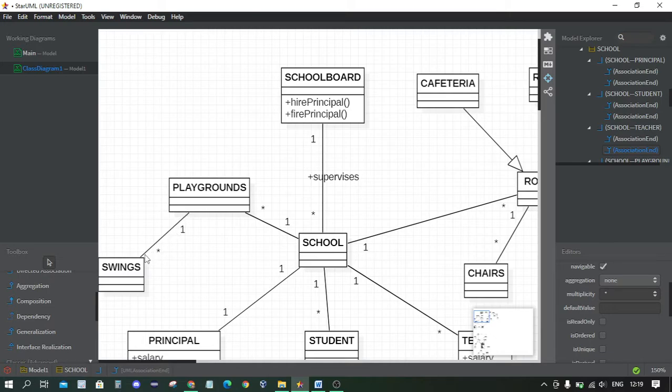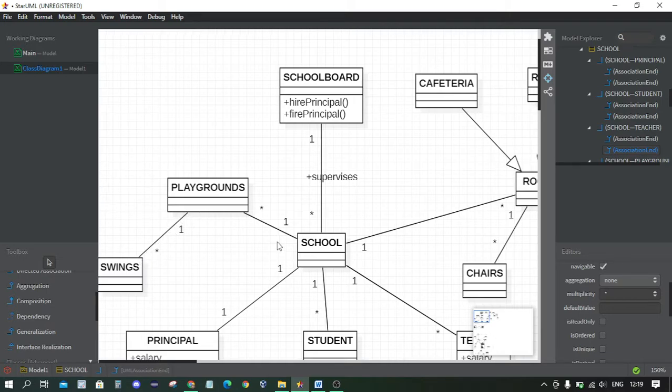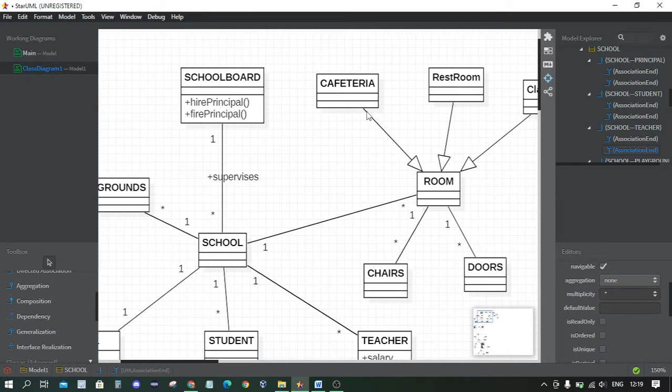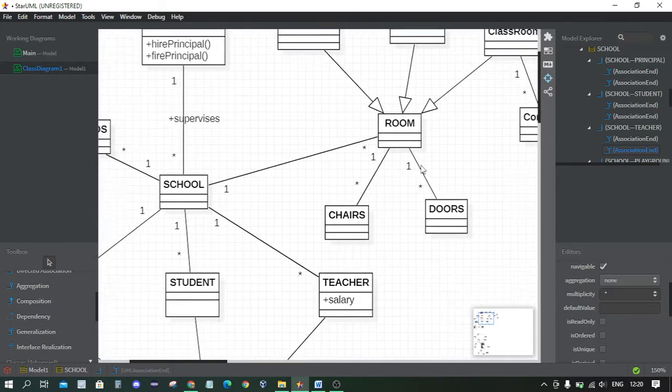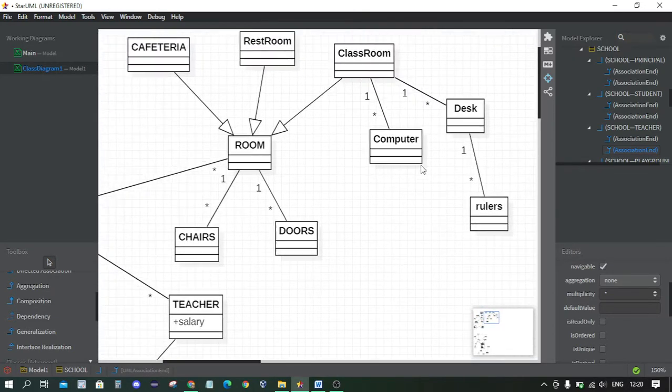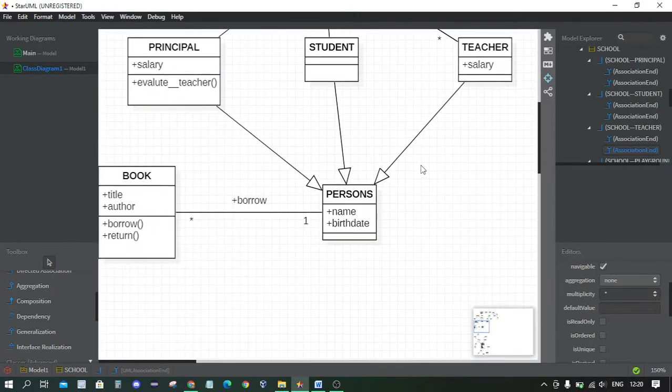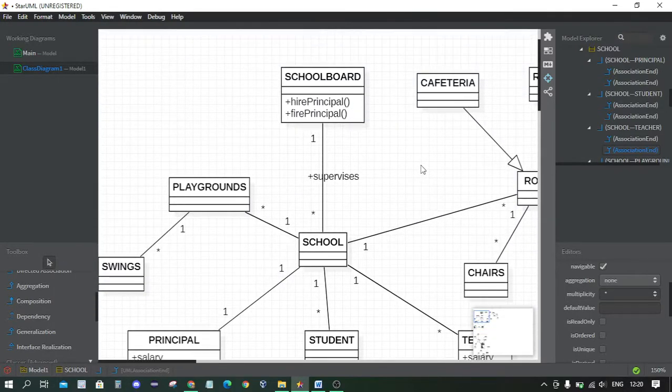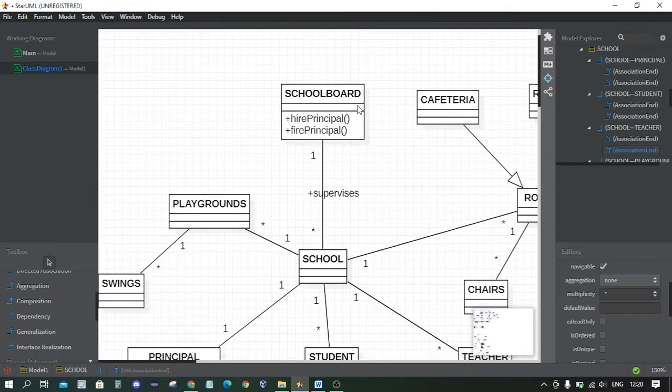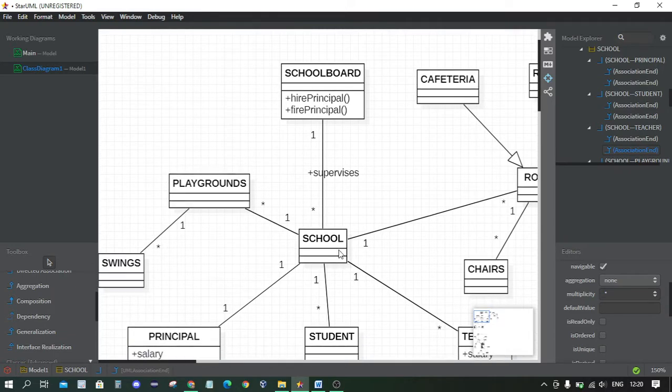This single line represents an association relationship, and this line with an arrowhead is called a generalization or inheritance relationship. Aggregation is in the second part. So one school board supervises many of the schools, which is why we use the asterisk symbol here.